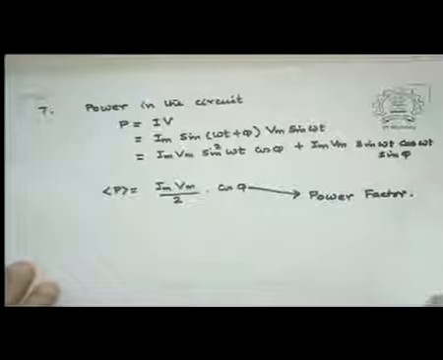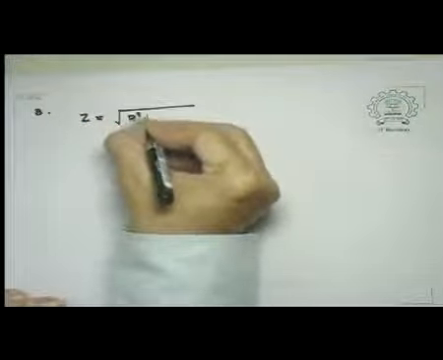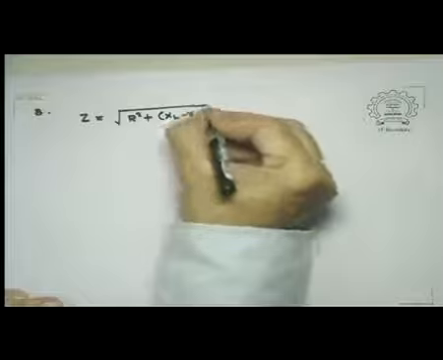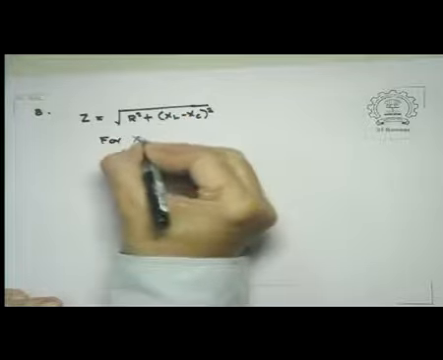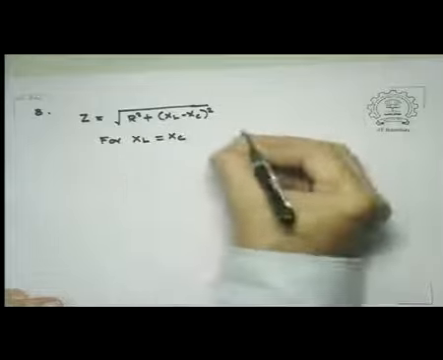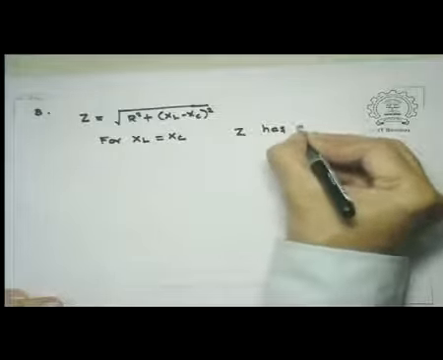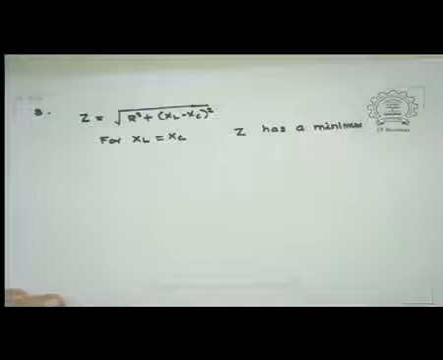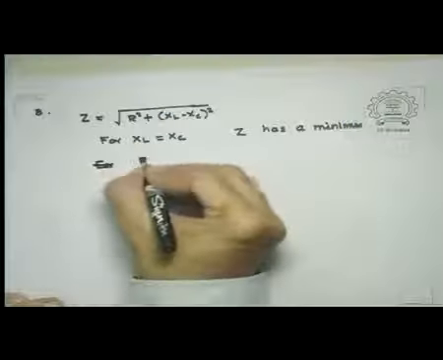The last thing that we did with respect to the LCR circuit is to look at a phenomenon known as resonance. So look at the impedance expression, which is given by the square root of R square plus XL minus XC whole square. Now for XL equal to XC, Z has a minimum, and that minimum is R actually. Now if you tune the frequency of the source, then the current would have a maximum when Z has a minimum. By varying omega,